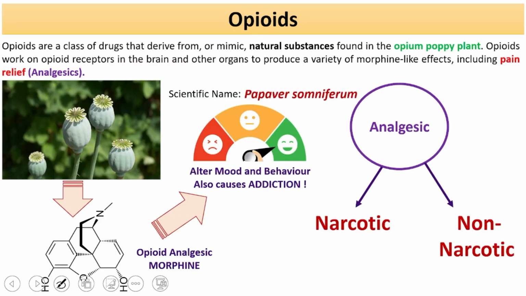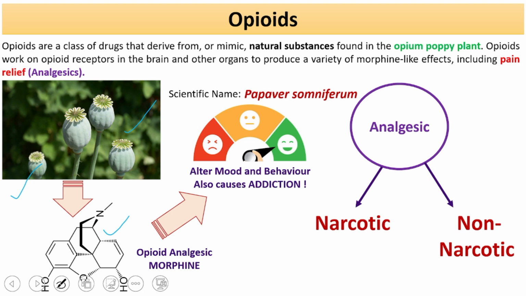First I will go for the introduction: what are opioids? Opioids are a class of drugs, mainly natural substances. We get them from the opium poppy plant, and they mainly work on the opioid receptors present in the brain and other organs to produce a variety of morphine-like effects, including the pain relief analgesic effect. The scientific name of the poppy plant is Papaver somniferum, and from it we get our morphine structure,